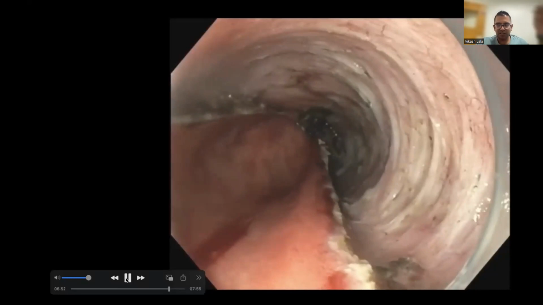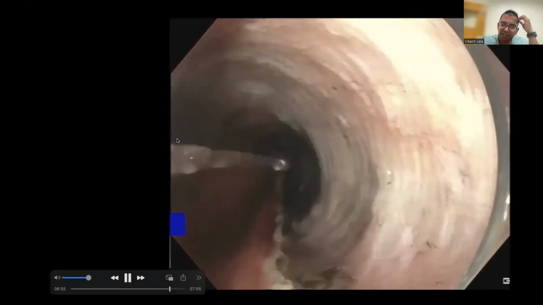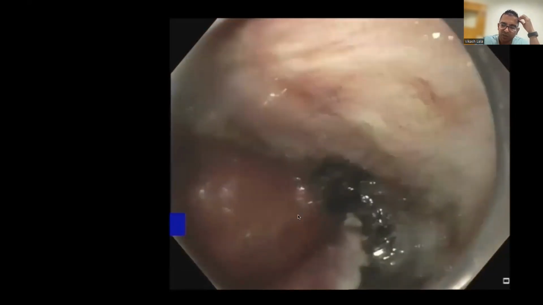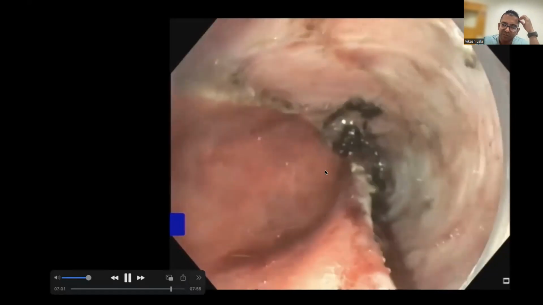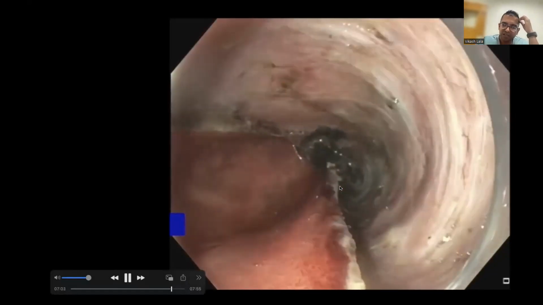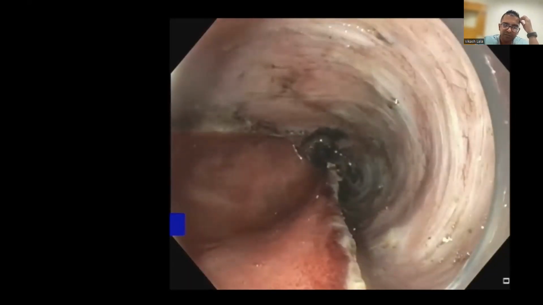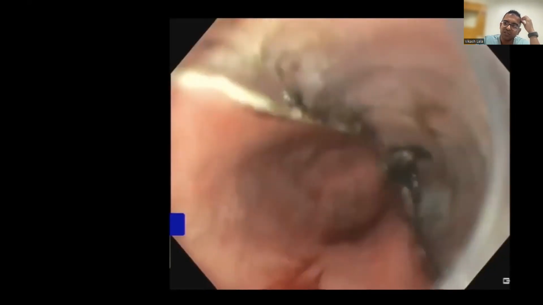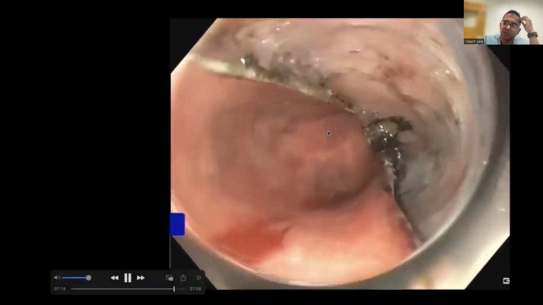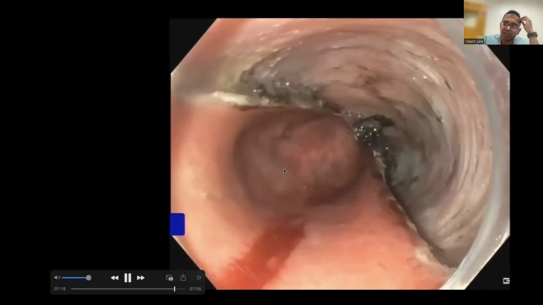And that was the end result. So that's after the resection. And you can see that I probably did about 65% resection of the circumference. And I went quite big. So it's a very large area from the GOJ, quite high up. And I ended up taking out quite a big segment of this patient's esophagus. And I didn't feel that a CAP EMR was going to cut it. I thought ESD was the only way to get everything out en bloc. So I went with an ESD, not a CAP EMR.